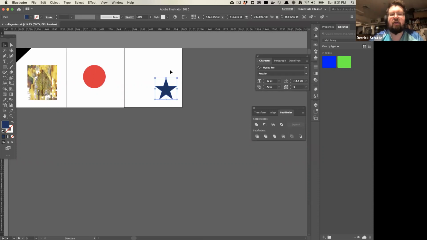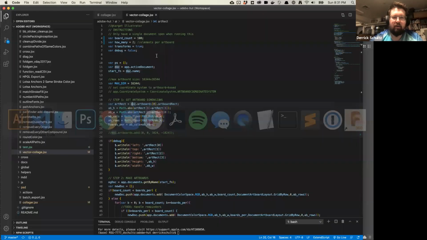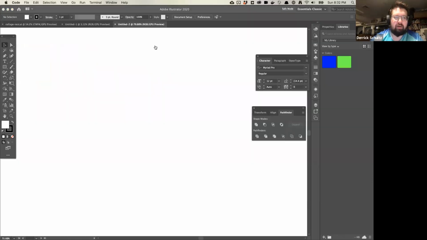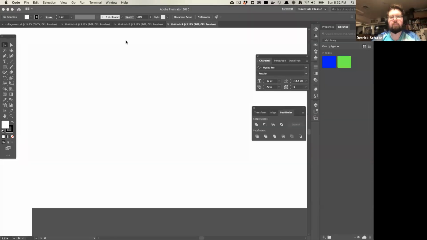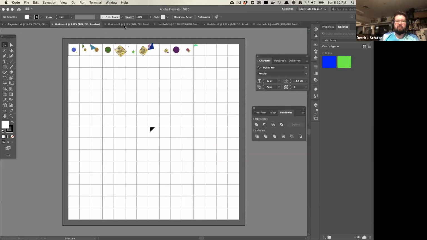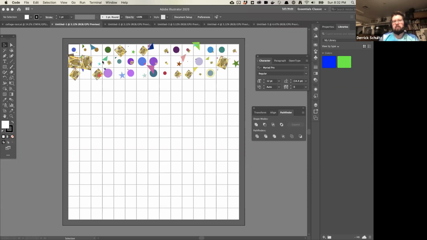it'll probably work fine. I do want to run a really quick example of, let's say you want to make 1,000 pieces. I do want to show that this will generate multiple document files, which is kind of confusing, but it's the only way you can make it work. So this is going to generate 5 Illustrator files because there's a max limit to the page. So I'll let this run for a little bit while I answer other questions.